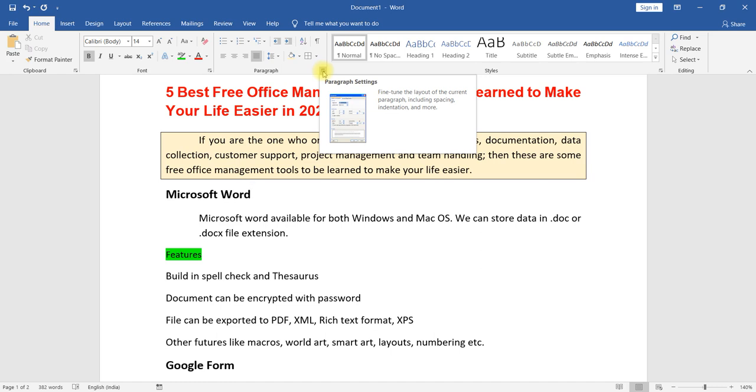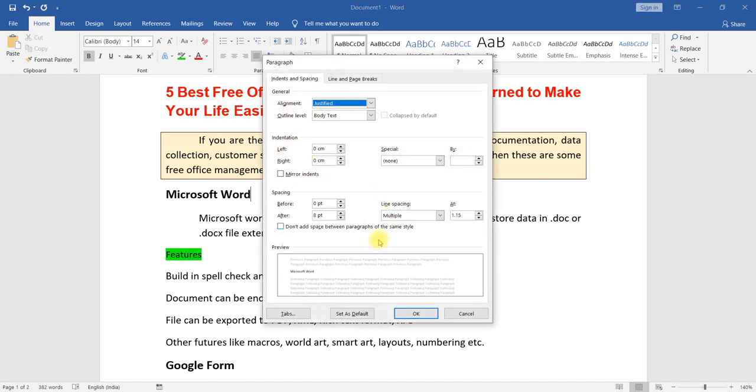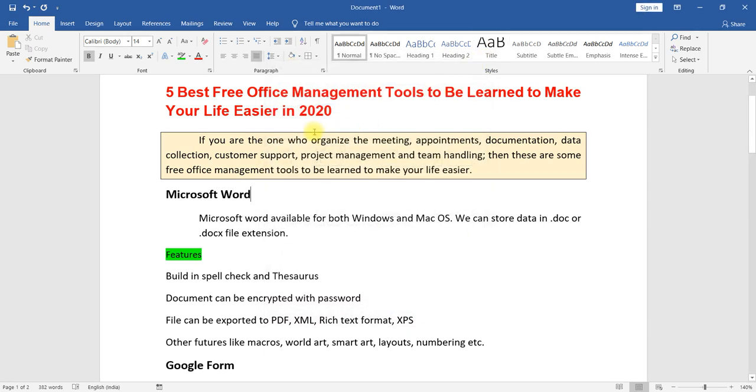The same thing will be available here also. At a single time you can do everything here. Here itself you can write the indentation, right or left side spacing, everything, but it will be difficult to write. For that reason, here itself it will be very easy to manage. This is about alignment in Microsoft Word.